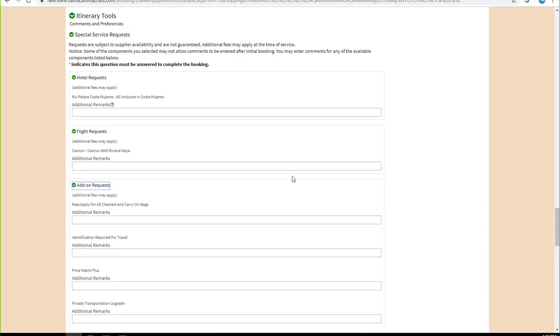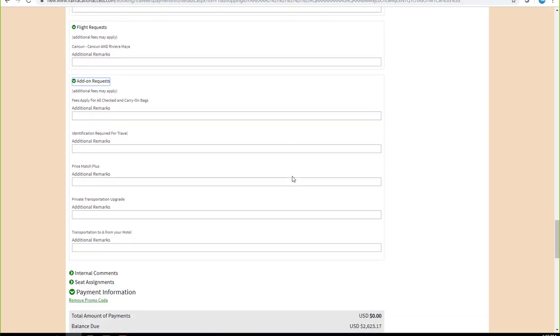Add-on requests. So add-on requests is going to be probably most important for your transfers. With private transfers, you're able to get up to 6 passengers. So you may have 2 reservations or 3 reservations, and you want to get them on the same transfer. You can do that in VAX and basically put that request in. And all you have to do is just put